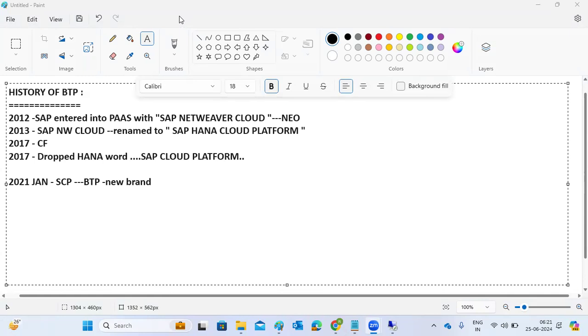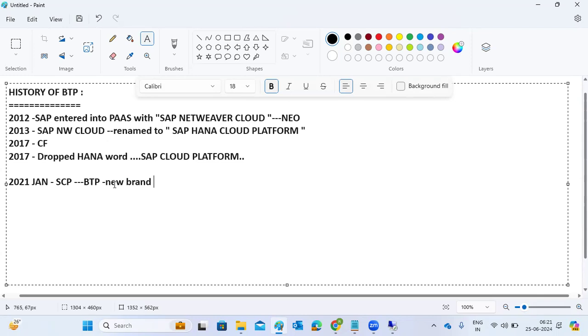What are the main changes between SAP Cloud Platform and BTP? Compared to the cloud platform, the main changes are that they introduced development-related services, application development, analytics-related services, and databases including the HANA database.